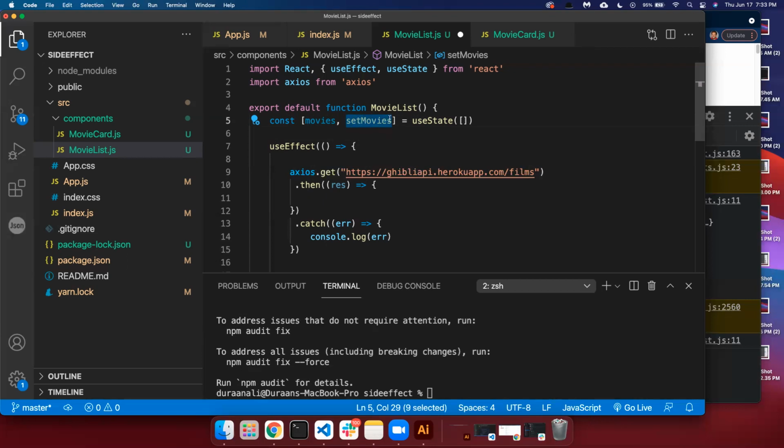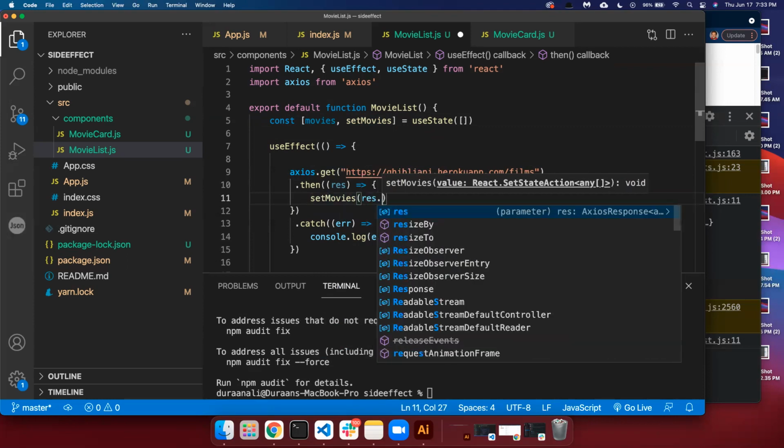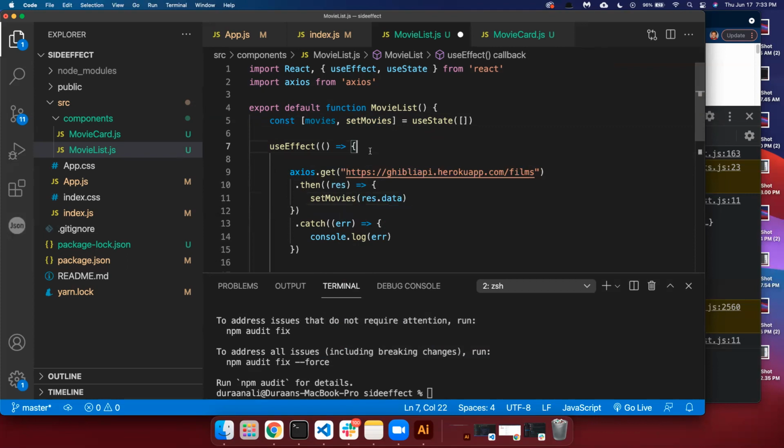We're gonna use set movies, and then whatever we want to put inside here, we're gonna put it with the set movies, right? So in here, we're gonna say set movies, and then whatever we want to pass to our state here, we're gonna put it inside the set movies. So we're just sending the data that comes from the API. We're sending it to our state here,